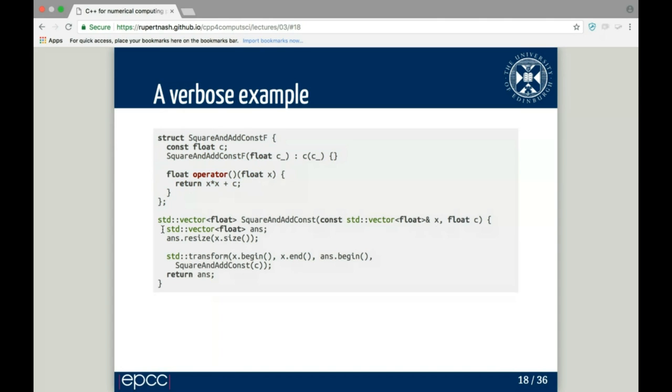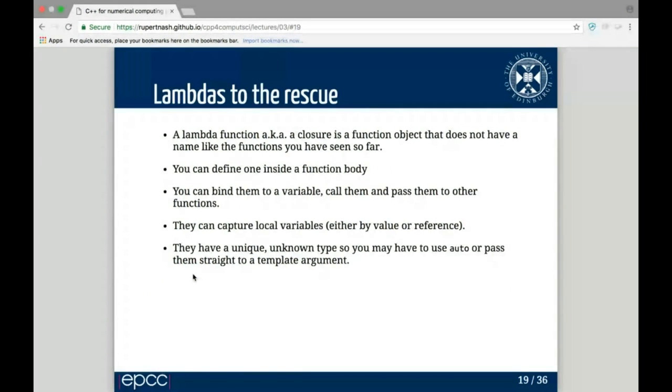And then where we use it, we need to say, if we're going to store our answer in some vector and accept some input vector as well as the constant, we need to construct it and pass it into transform and then return the answer after that's run. So